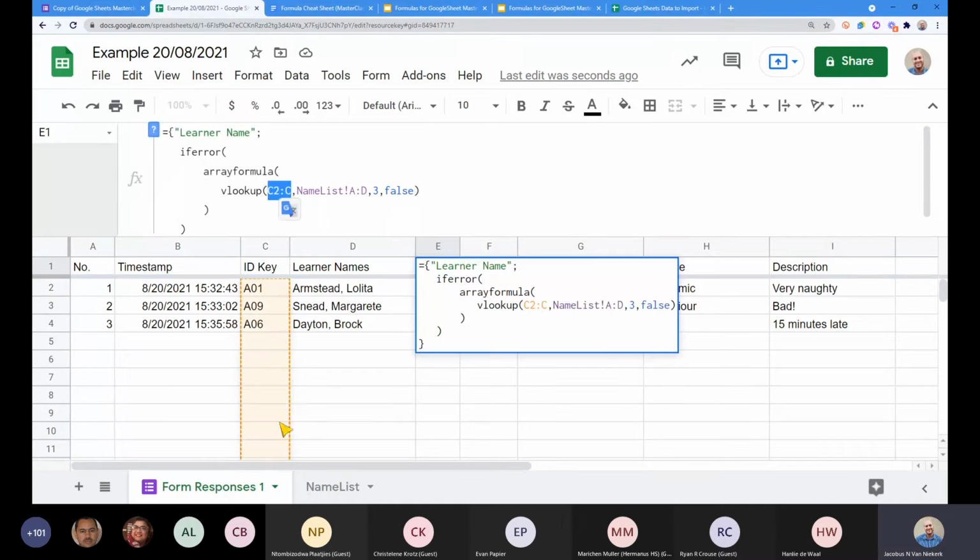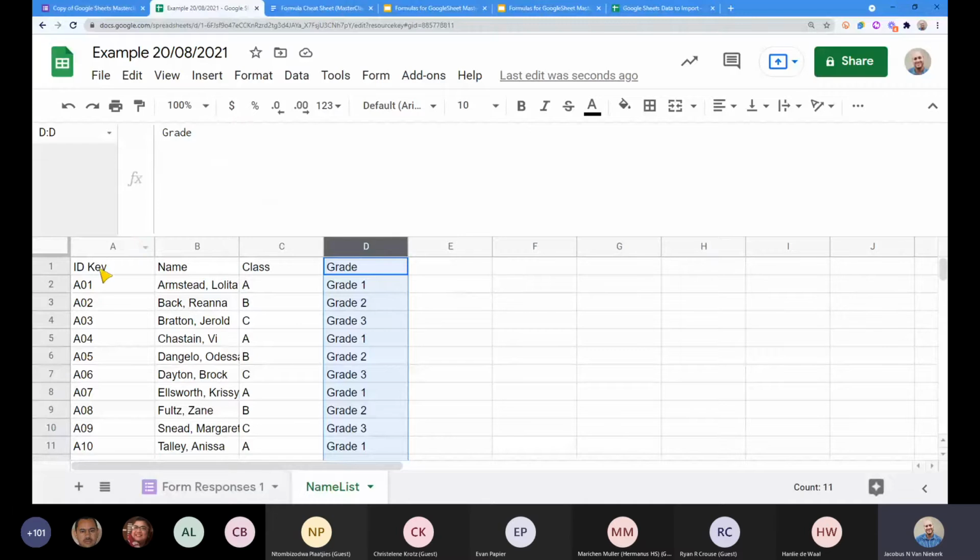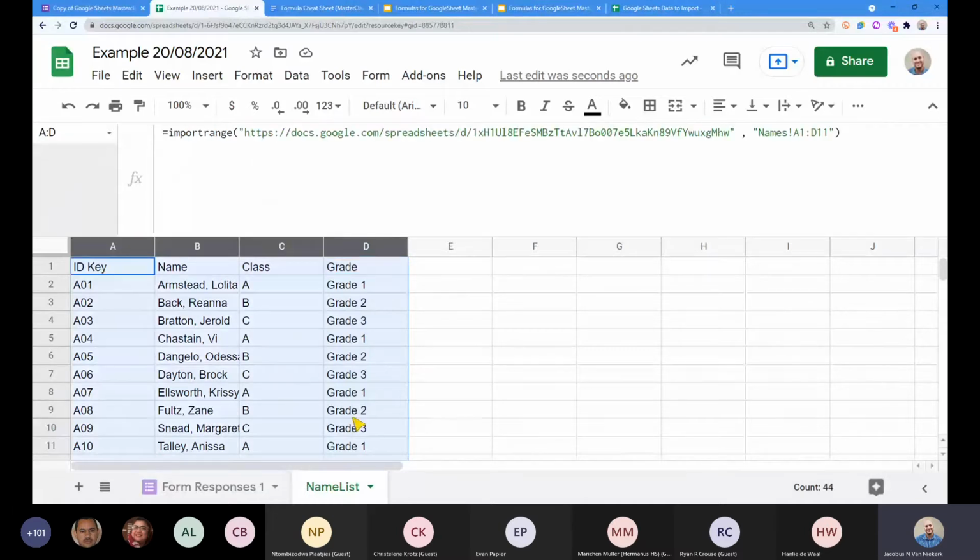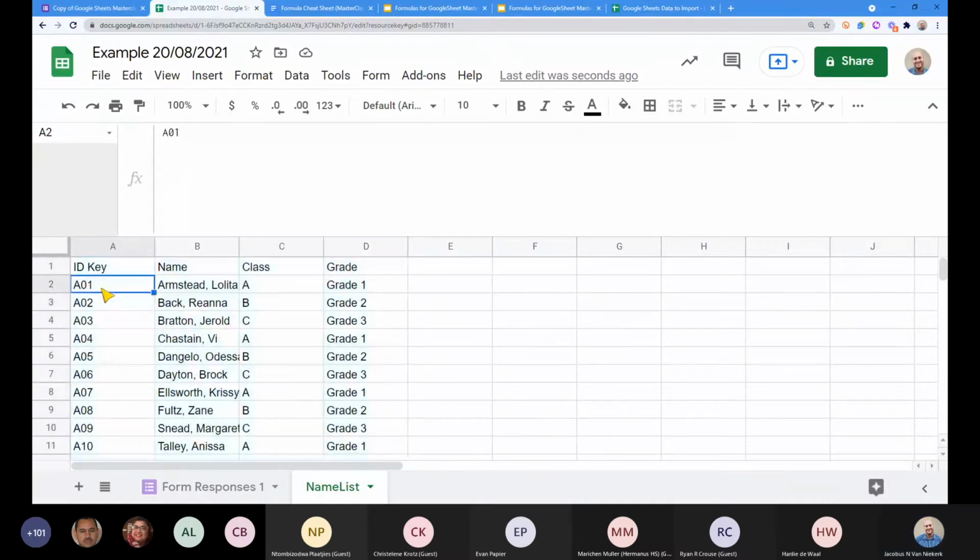But just so you understand why it does that, we are still looking at column C, and we're using the ID keys that we see over here, and we're trying to match them. You'll see there's name list. So if your tab is not called name list, this won't work. You need to make sure that the tab you've used to import the names is called name list. So now it looks at this range. It's going to run through all of this, and when it finds a match, instead of printing anything else, it's going to see, okay, in column 2 it says Lolita Olmsted, so that's the information I'm returning.